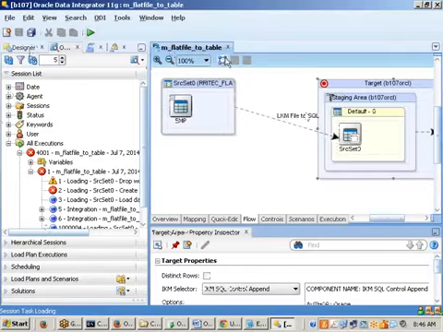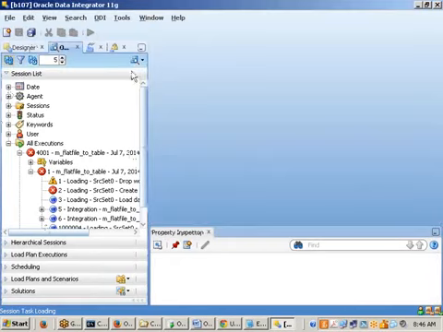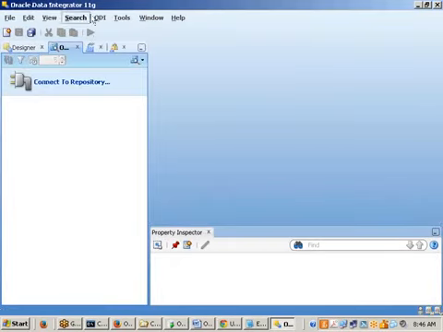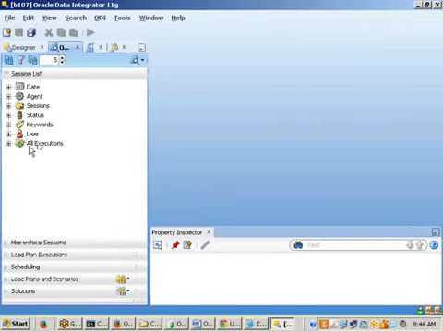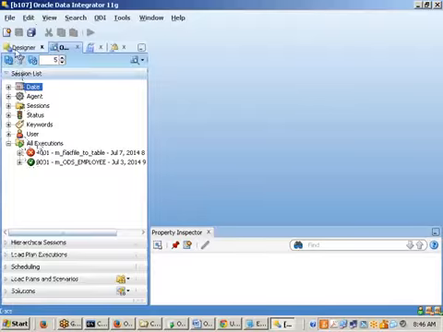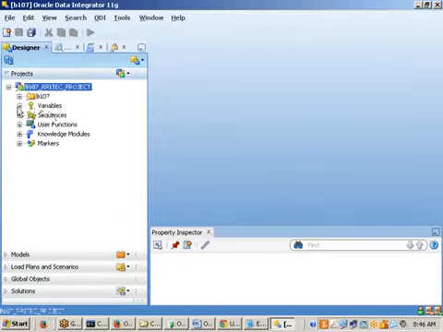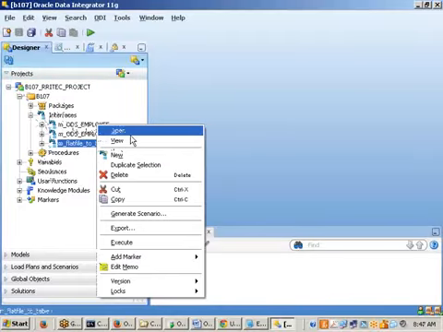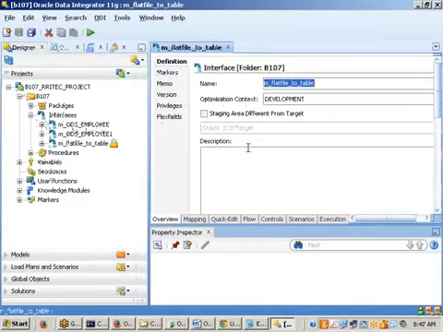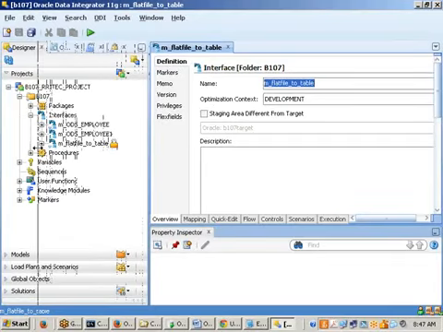Then what I can do is close this one once. Then if possible, disconnect the repository also. Then try to connect it. Then B107. Okay. Then go and see here, designer, and go to the interfaces. Then our interface name is m_float file table. Open that one. Click on save. Now you can go and see here